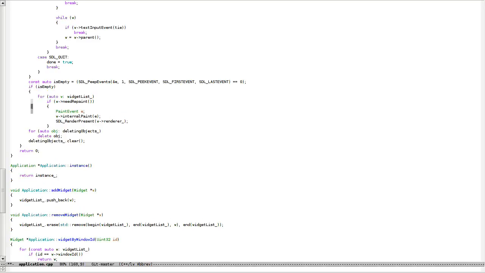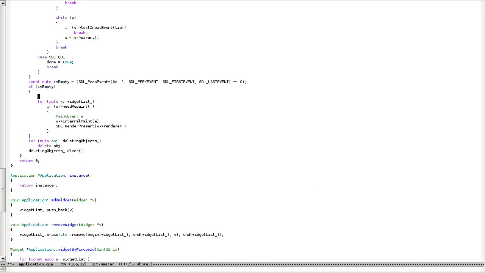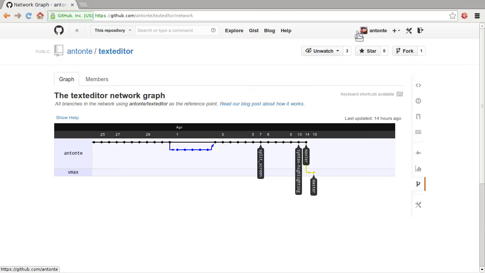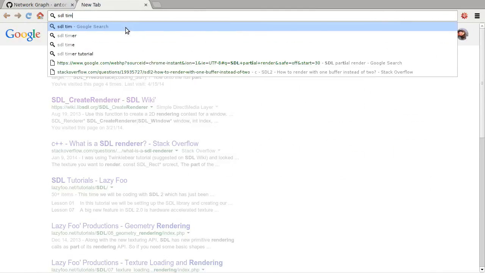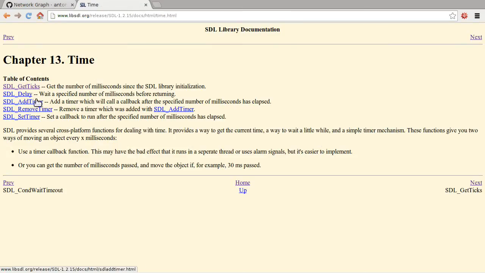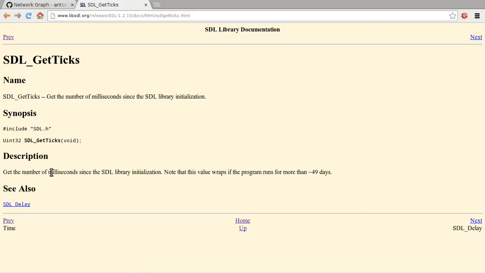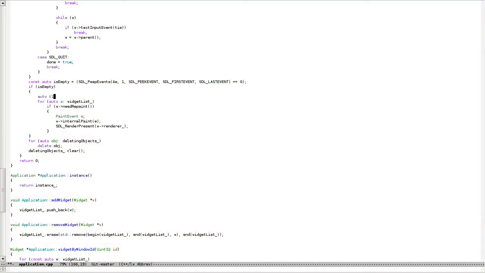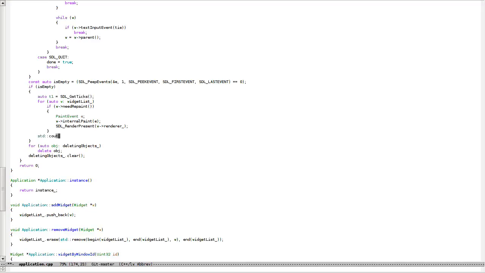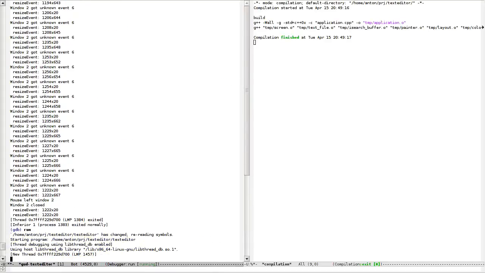So it's here, all repaint, and SDL has some SDL timer, SDL delay, add timer, remove timer, get ticks, get number of milliseconds. SDL get ticks, auto T1, SDL get ticks, and here T-out, SDL get ticks minus T1, endl. So I will be able to see,